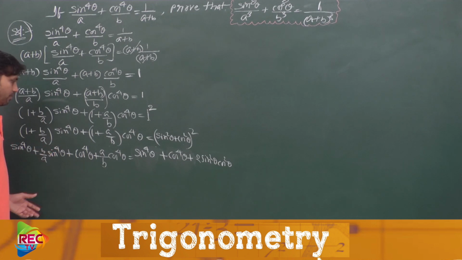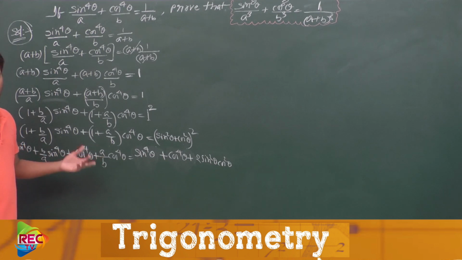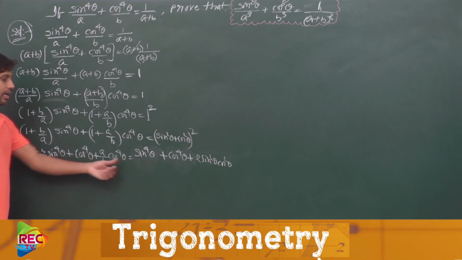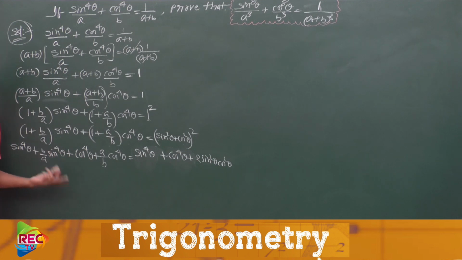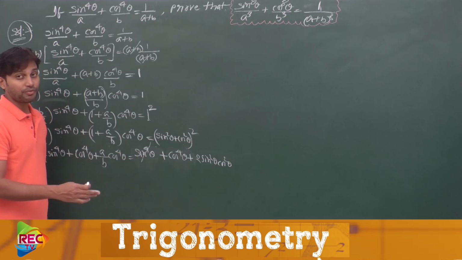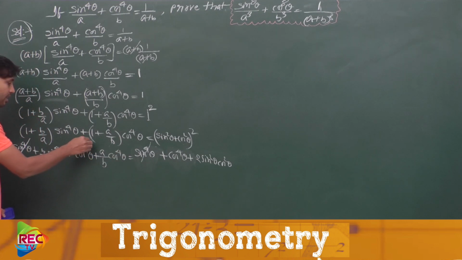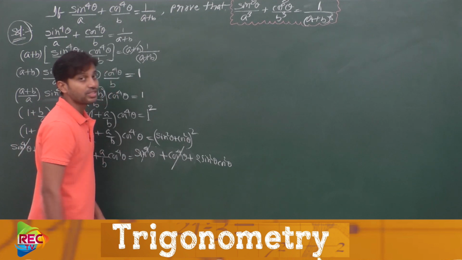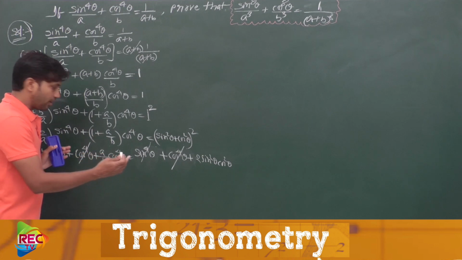Now, if you observe both sides, sin⁴θ is common. We have common terms on both sides with the same signs. Here plus sin⁴θ and here also plus sin⁴θ. If you bring this to this side, it becomes minus and obviously cancels. So we can cancel from here only. Similarly, cos⁴θ is also there on both sides of the equation. We can cancel them. So now it is reduced.